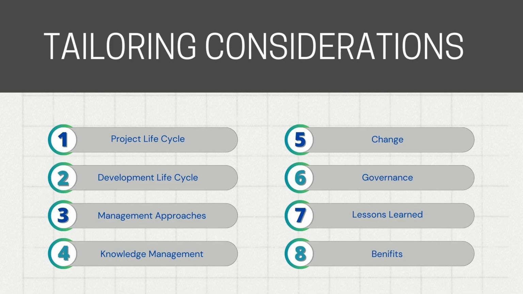Throughout these life cycles, several approaches such as quality management, risk management, scope management, cost management, schedule management, and procurement management are required. These approaches need to be defined as part of the planning phase and integrated into project integration management. Knowledge management plays a critical role in every project.